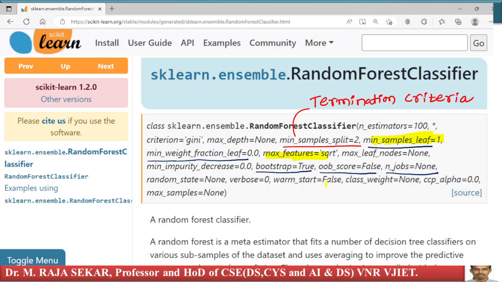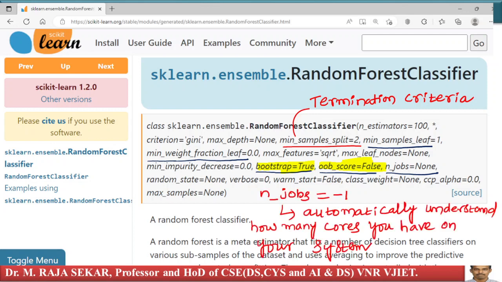The most important thing here would be bootstrap equal to True. If you want to create bootstrap samples, just make it True. oob_score, I already discussed in our previous lectures. n_jobs equal to -1. If you say n_jobs equal to -1, scikit-learn will automatically understand how many cores